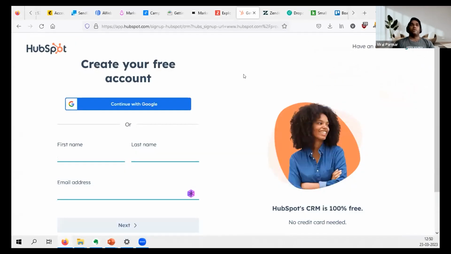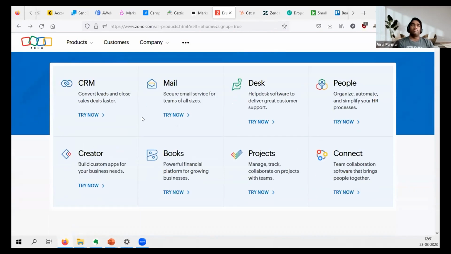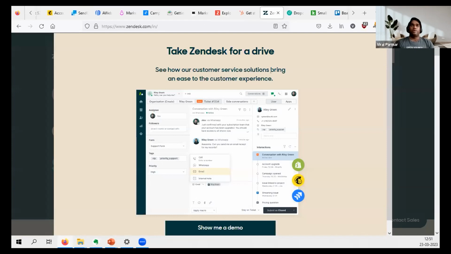HubSpot again requires official company emails, and I don't want to get spam from all these companies. That's why I'm not logged into everything everywhere. But Zendesk is also good for project management and managing the whole company if you're a small company. If you are a big company, I suggest more than 50 employees, then try Zoho. But if you're fewer than 15 people, then you should try Zendesk or HubSpot.